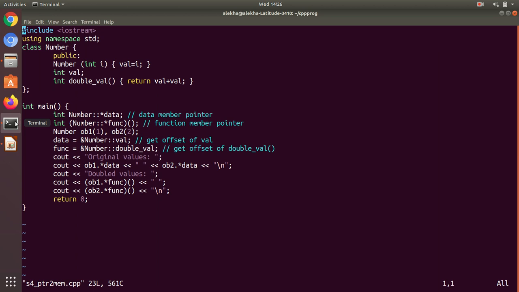We are printing the value, so we have two objects only, with values equal to 1 and 2. We'll print them and we'll simply double the value. We are calling the pointer to class member functions just to double them, because we are calling double value only for doubling the values. So we'll see what the output is here.